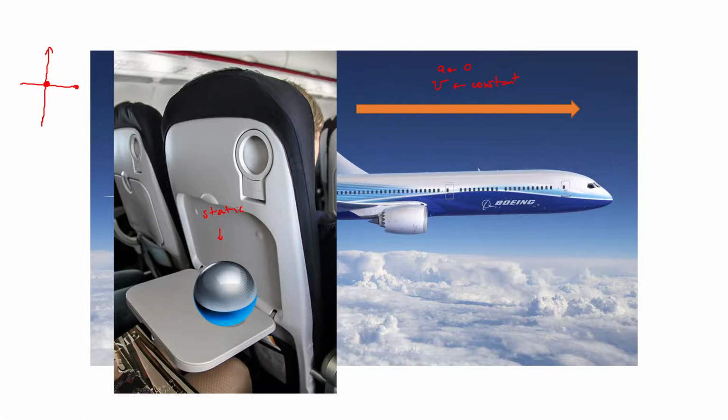But what happens if, well, that's the second case here. What happens if this little ball is moving because the velocity is not constant? That means the acceleration is different than zero. That means that little ball is going to start moving somewhere, either to here or the other way, or it's going to start moving from left to right or whatever.